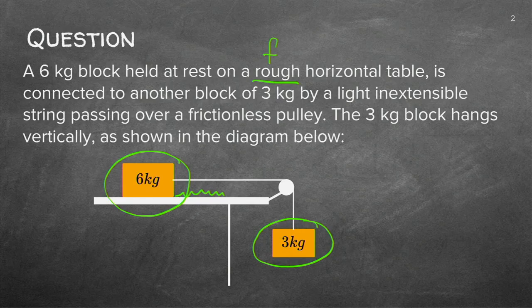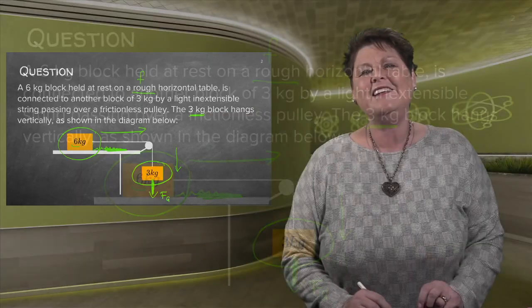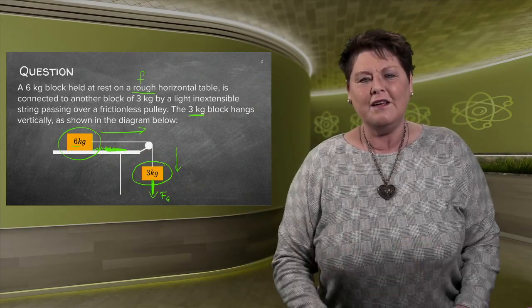Now remember, this is a 6 kilogram. This is a 3 kilogram. It should not be moving, but in this case, there's friction there, but not enough to keep it there. So please bear in mind that this is going to move, and the 3 kilogram has a force on it. And you know what that force is. That force will be pulling it down, and you can work out the gravitational force. So the 6 kilogram will move to the right, and the 3 kilogram will move to the bottom. Now that's very important because that will indicate to you which forces are greater than the other.